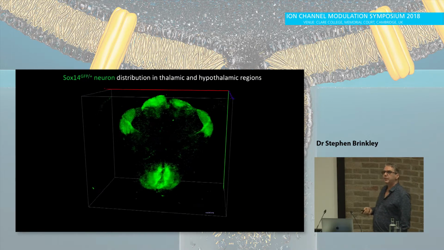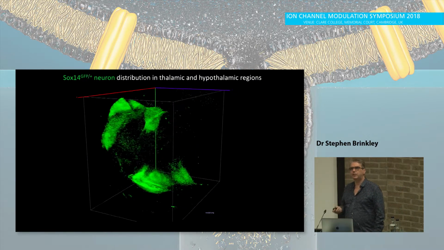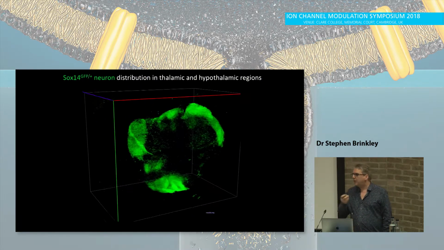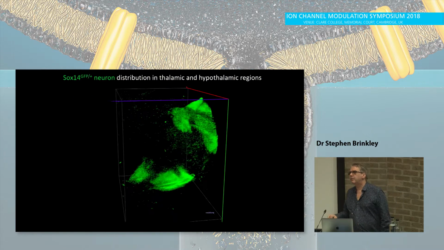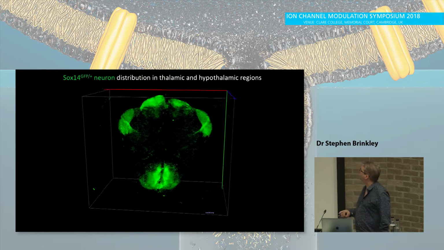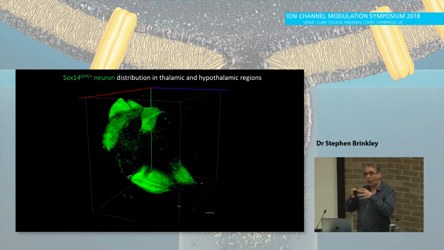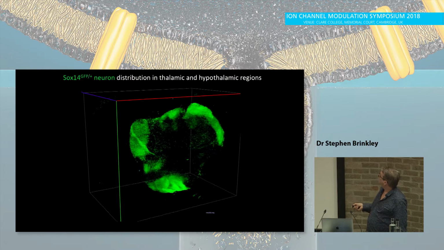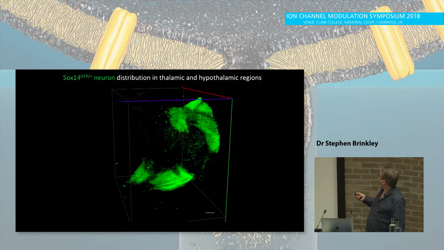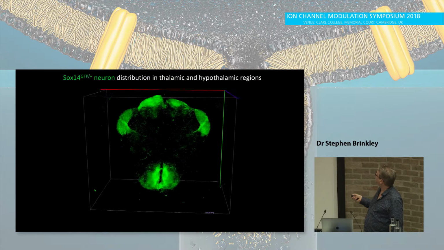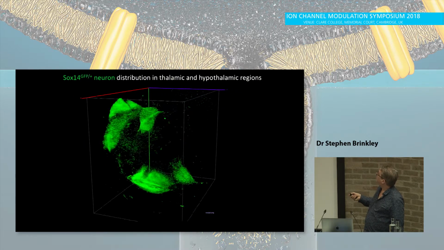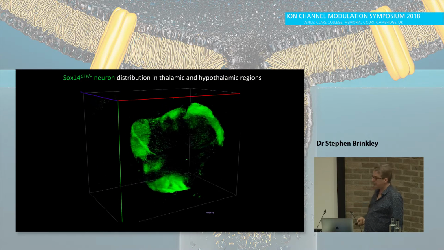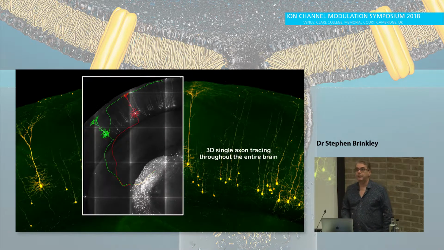That was actually autofluorescence. More powerfully, you can look at single cell populations, and this is a SOX14 promoter driving GFP. You can't use antibodies for this. You've got to have an intrinsic fluorescence within the brain to look at, because you've got a whole brain blocked there. But I show this because these neurons are expressed in the thalamus, the visual thalamus, the intergeniculate, the dorsal and the ventral LGN, in the inferior and the superior colliculus there, and also in these hypothalamic regions down there.